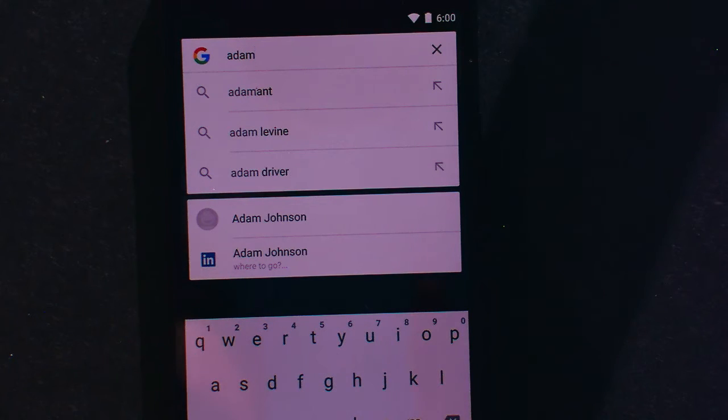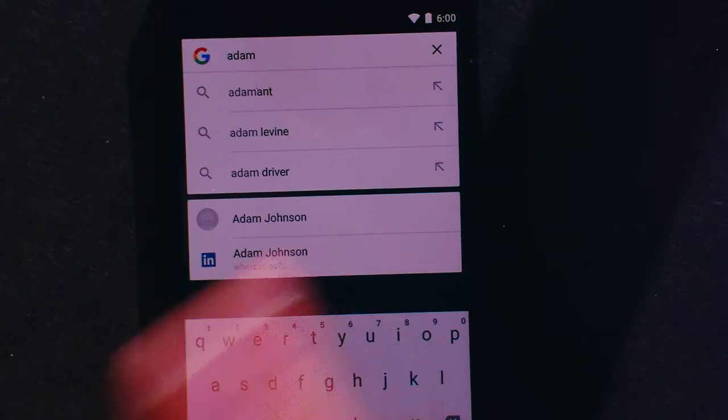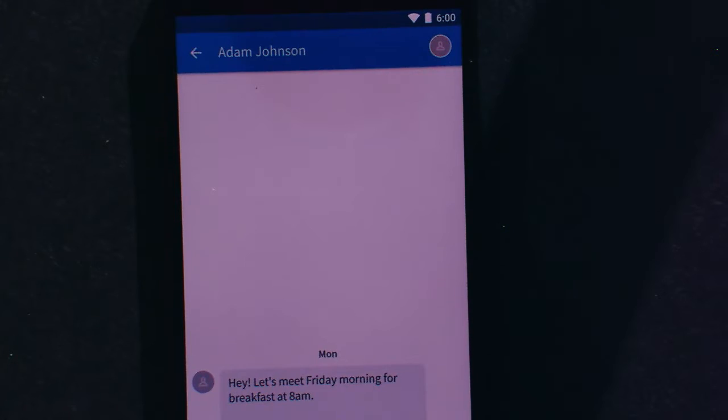Now, going back to the previous message, tomorrow morning, 9 a.m., I remember I had breakfast planned with Adam. So again, let's try to find the message, because I've totally forgotten the time. Again, we tap on it, search for Adam, and there it is. There's a message in LinkedIn. All we have to do is tap on it. We jump right into it, and there we go, 8 a.m. on Friday. Thank you. Now, 8 a.m., I guess I have to get up a little earlier tomorrow. Fair enough.